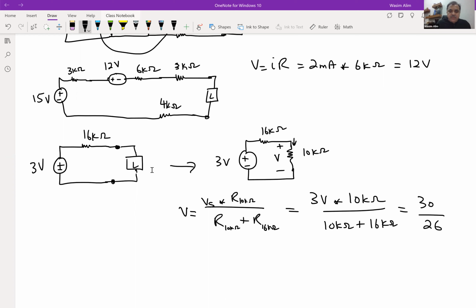30 divided by 26. So we have 1.15 volts there. Okay, so V is equal to 1.15 volts. Okay, so once we have that,